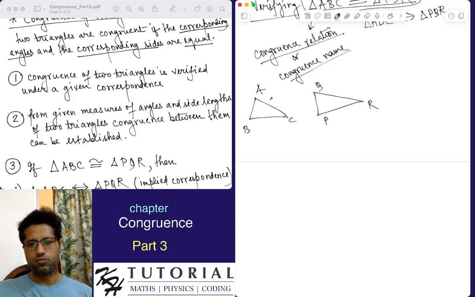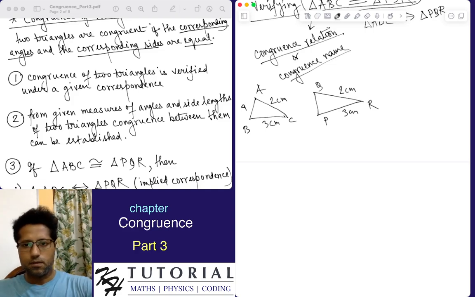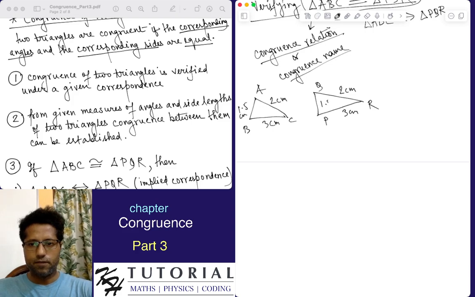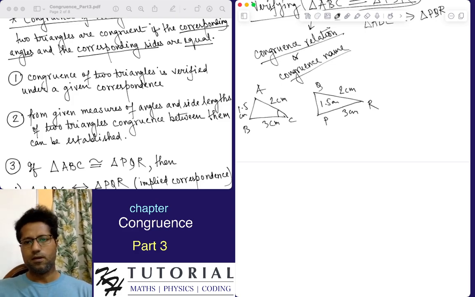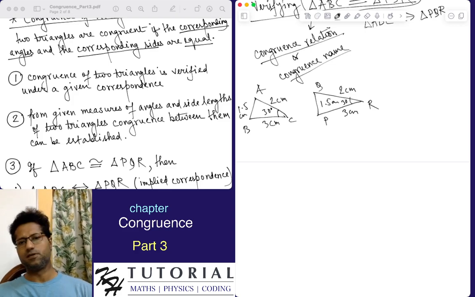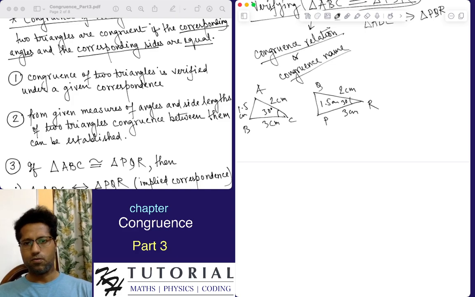Let's say this is 2 centimeter, and let's say this is 3 centimeter. This is 4. This is, let's say, 1.5 centimeter, and this is 1.5 centimeter. So some measures are given, or some angles may also be given. Let's say this is 30 degree and this is 30 degree. From these measures, you have to somehow